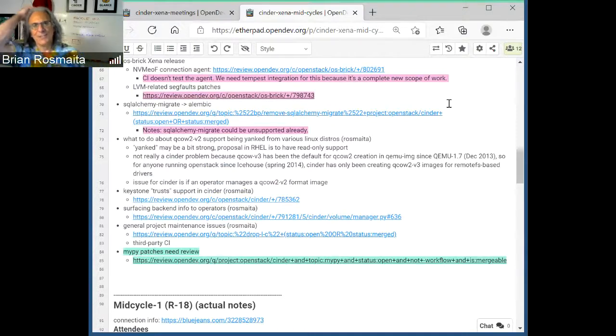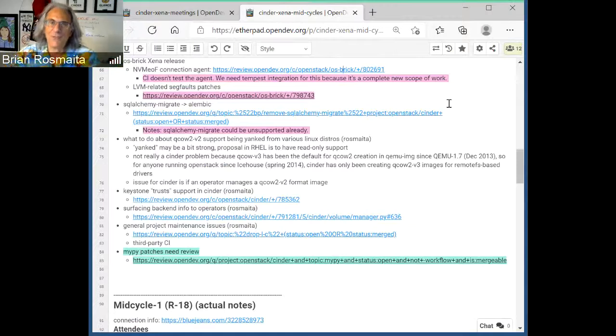Yeah, all right, so line 73, we do have to discuss this one. So here's the situation. There's several versions of QCOW 2, right? QCOW 2 v2 is really old, and some distributions of Linux don't want to support it anymore.